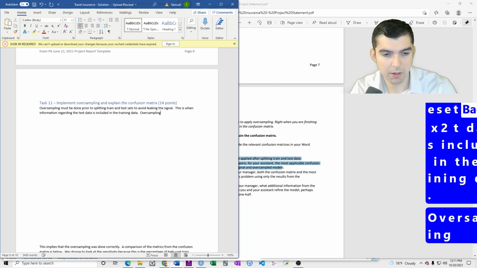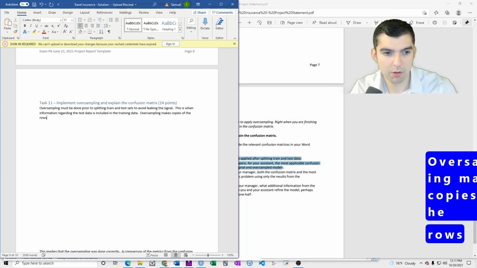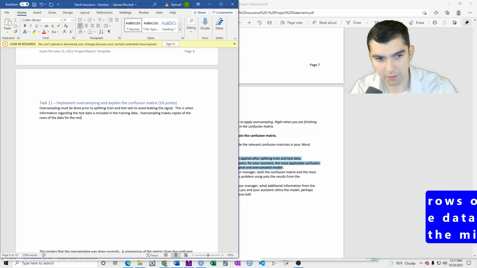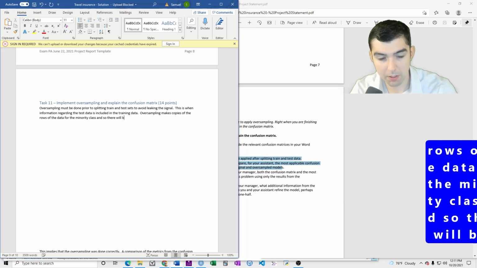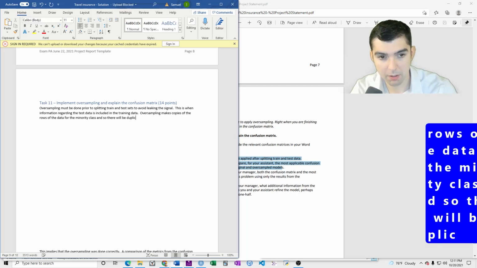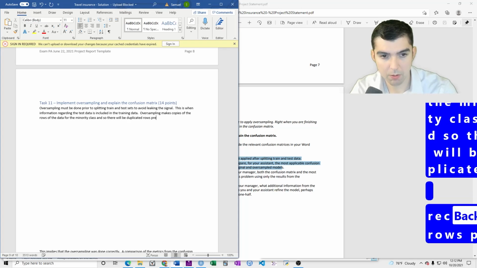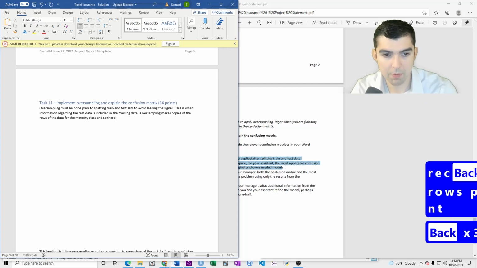Oversampling makes copies of the rows of the data for the minority class. And so there will be duplicated records, rows present.